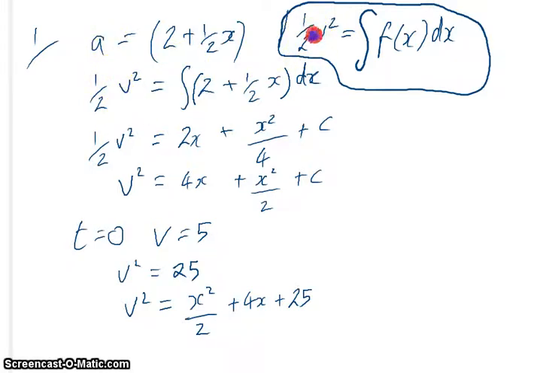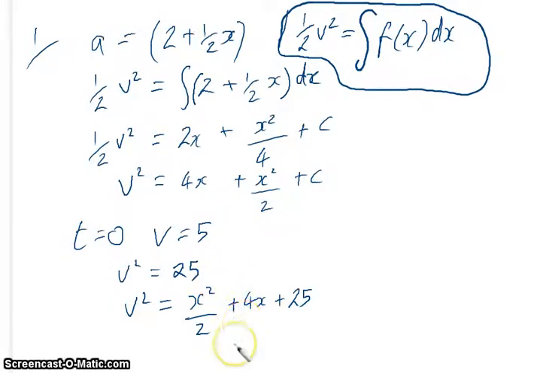So half v_x squared is equal to the integral of the function with respect to x. What do I do? I integrate. Don't forget the constant, because the constant you're going to need to find out using the initial conditions. And I get that v squared is 4x plus x squared over 2 plus the constant. So when I set time equal to 0 and v equal to 5,